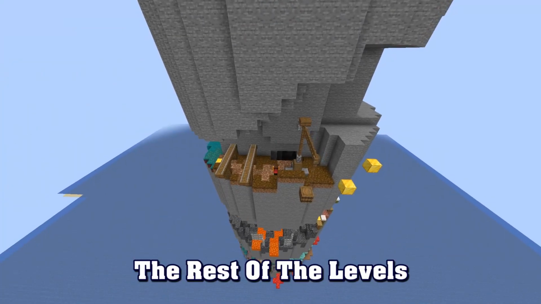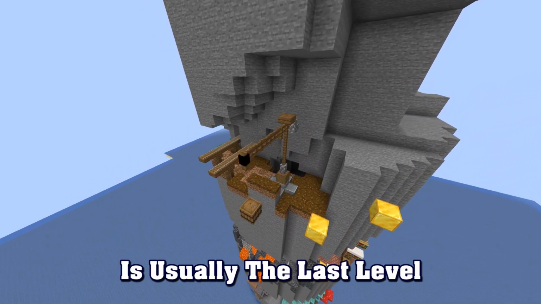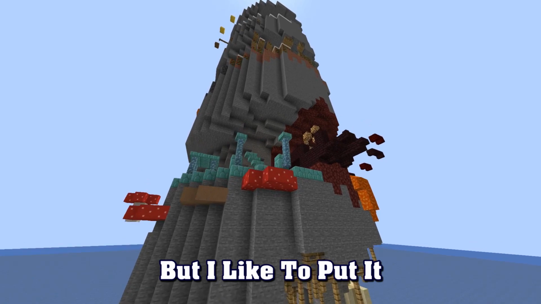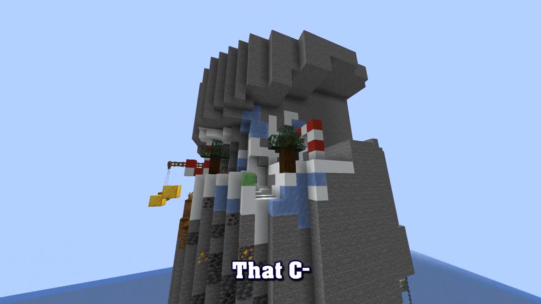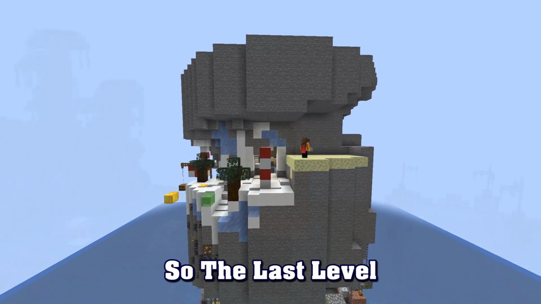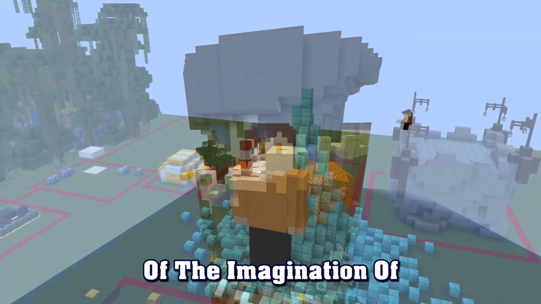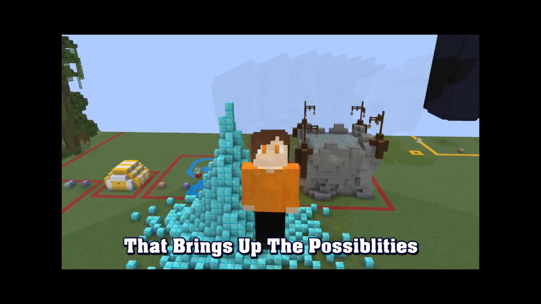The rest of the levels are coming along really nicely, and the end theme is usually the last level in parkour maps. But I like to put it one before the last level just to trigger the players. Nope, that came out wrong. I put it one before the last level, so the last level can be a presentation of the imagination of what's further beyond the end, so it's an illusion that brings up the possibilities of what's